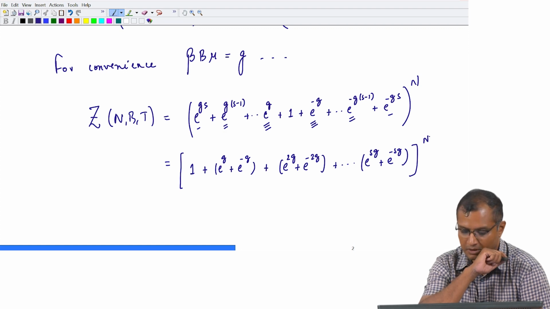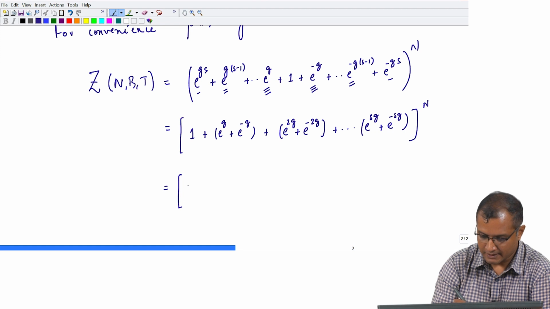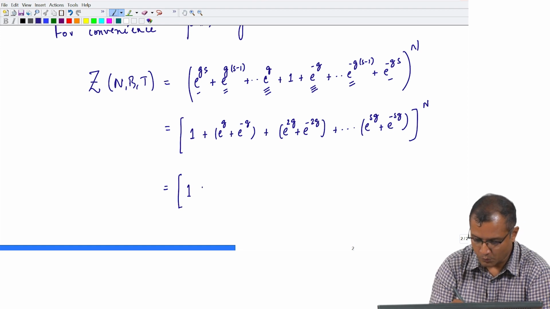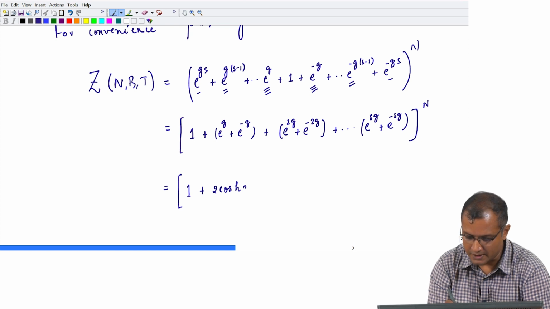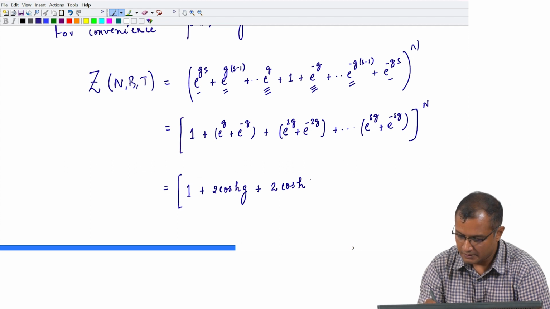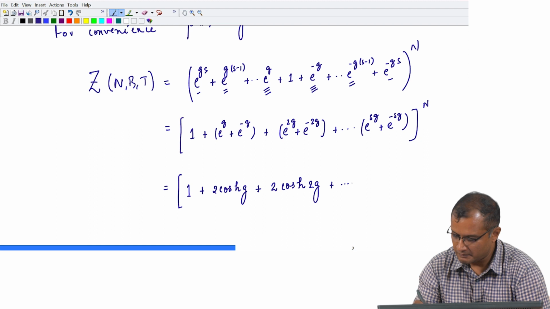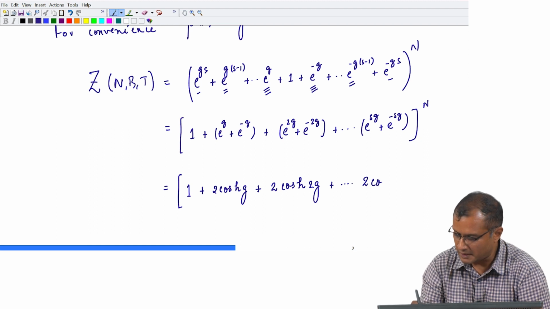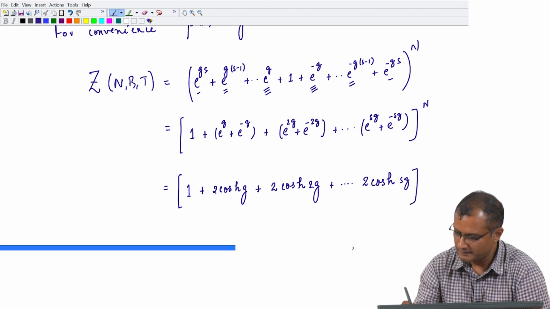Okay. So, then you can call this entire thing as 1 plus twice cosine hyperbolic g plus twice cosine hyperbolic 2g all the way to twice cosine hyperbolic sg, the entire thing raised to n,